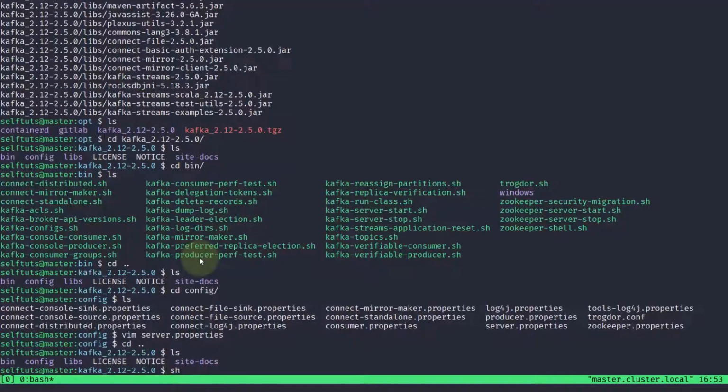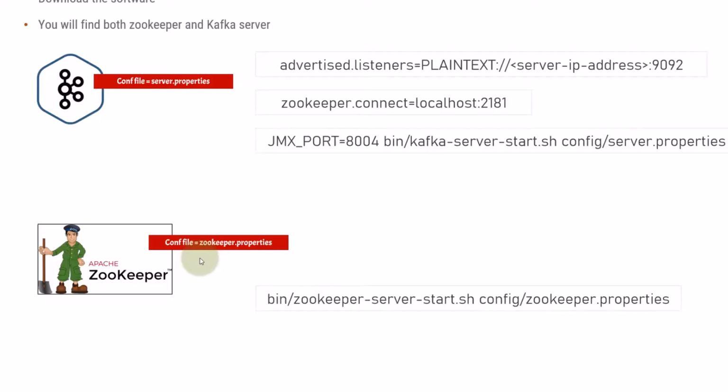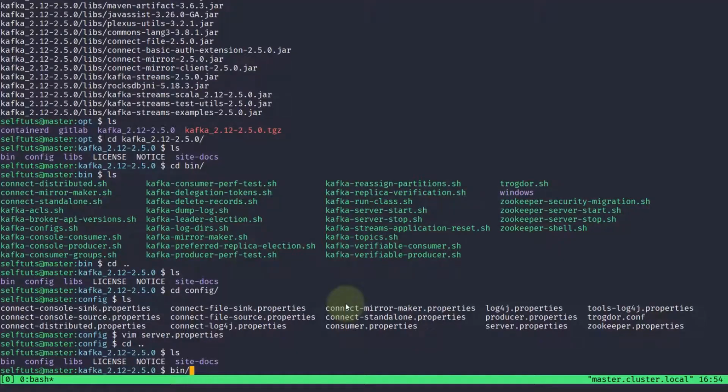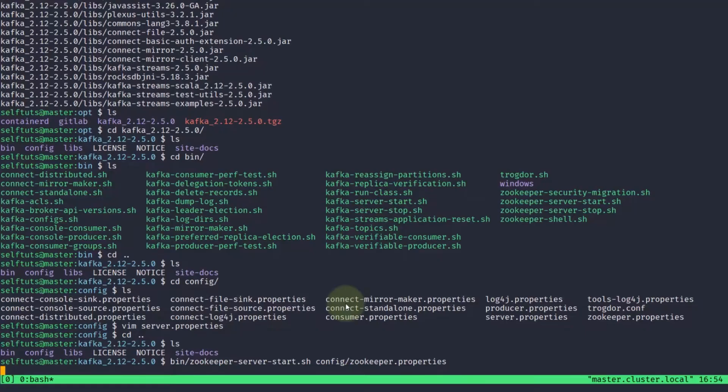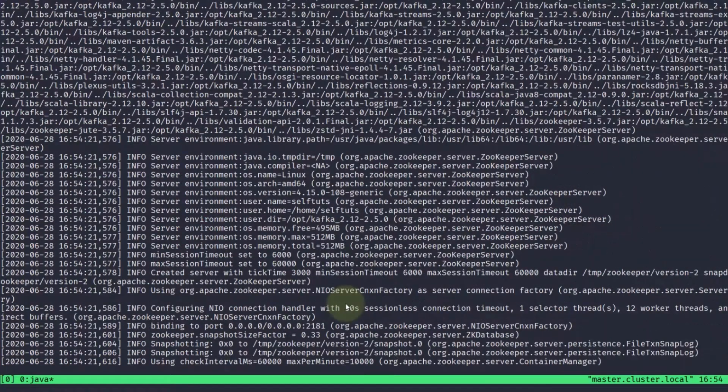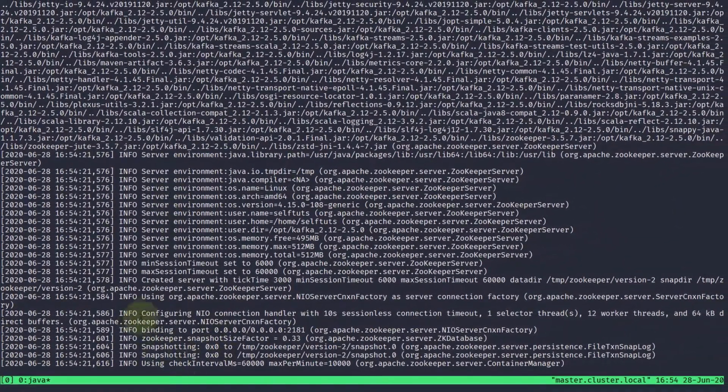I'll give it in the description of this video, or you can see it from here: bin/zookeeper-server-start.sh, and after that you need to provide the config file. It is inside the config folder, zookeeper.properties. I'll hit enter and you can see the Zookeeper server has started, binding on this port. So it has started on 2181.